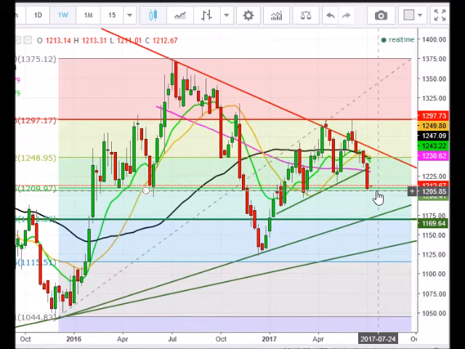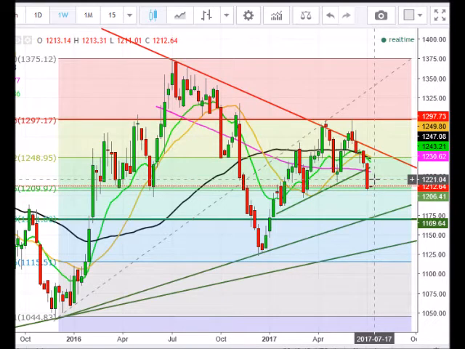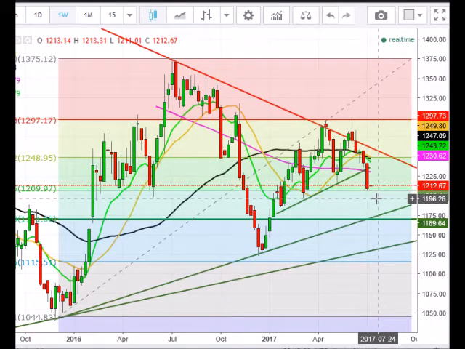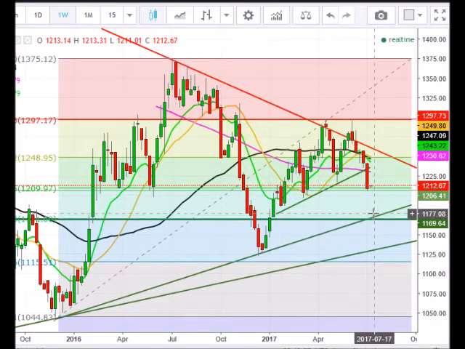I do see that there is a little bit of potential for us to maybe see a bounce, and I'll look at a lower time frame to give you those metrics. But for right now, looking at the weekly time frame, the trend is clearly headed to the downside. We are looking to push back below 1200, in my opinion, and the resting spot for reloading this for a trade is going to be around 1170 or so, near this 61.8 retracement level.